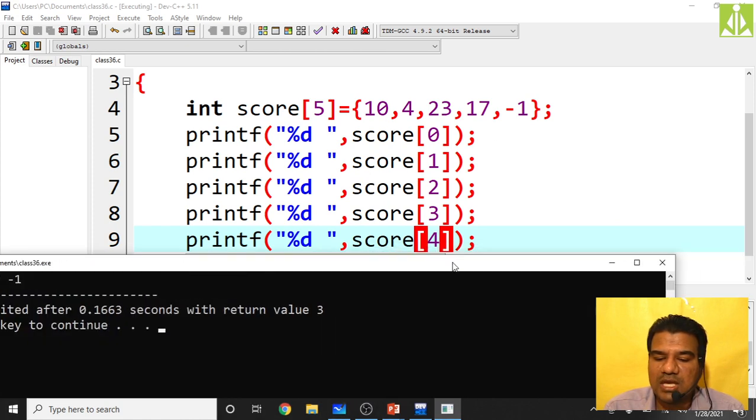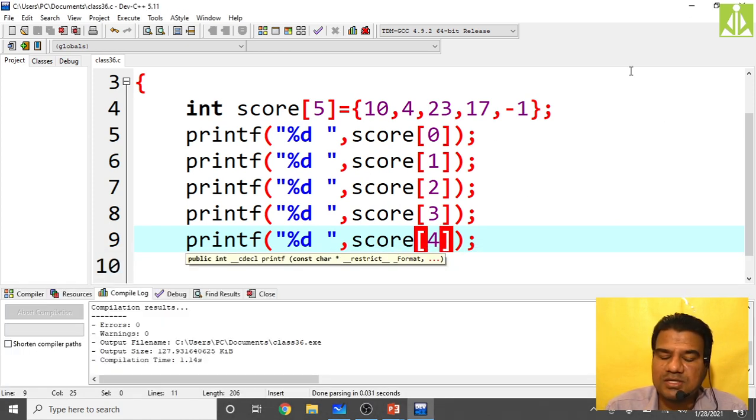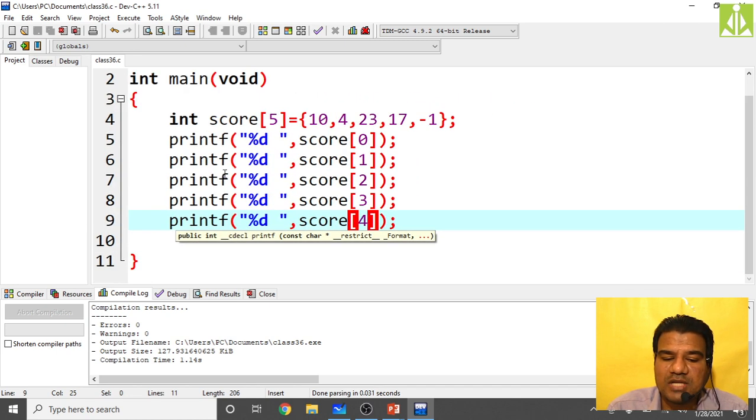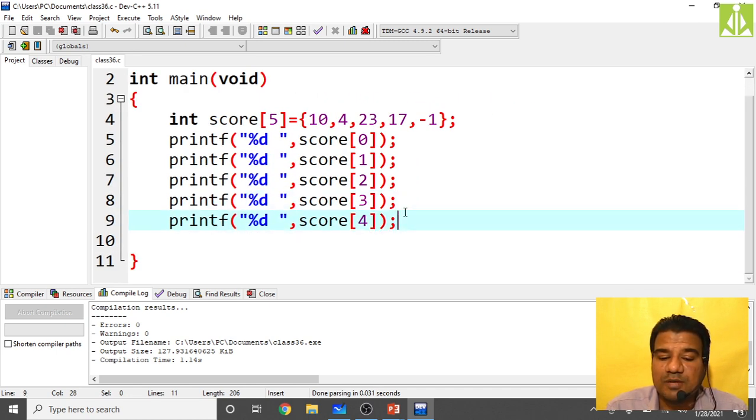So now see, in order to print the elements on the output screen, what we are doing? We are repeating this printf statement many times. I mean, as we have 5 elements, we are writing the printf statement 5 times. Let us assume if you have 10 elements, then how many printf do you need? 10. If you have 100, 100 printf. Again, this kind of thing will look inefficient. Isn't it? It will look inefficient.